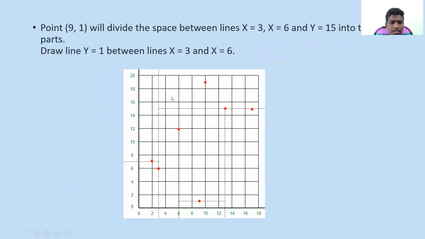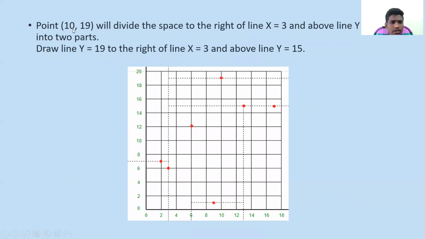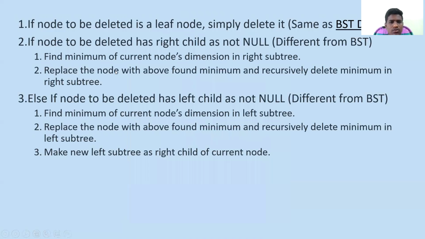This is what we are discussing here: space partition, how it is partitioned into the graph, and we are plotting it graphically here. 9 comma 1. Here, where is 9? 9 comma 1. It divides the y plane into 2. Why is it dividing the y plane? Because it is aligned in the y plane only. The 9 comma 1 node is aligned in the y plane, as we have seen in the construction of the KD tree. Similarly, we have to draw these lines for all the nodes.